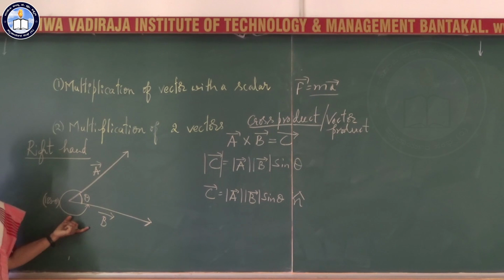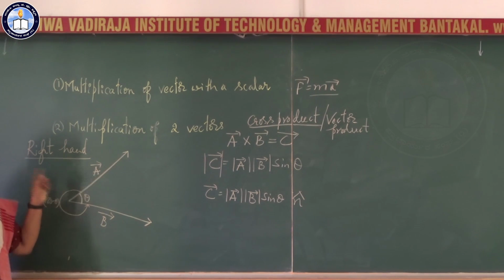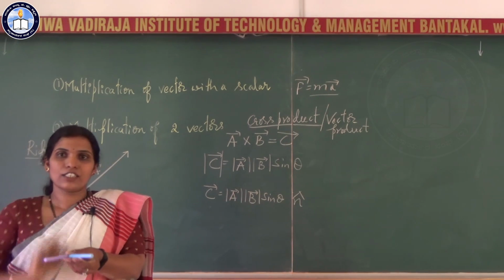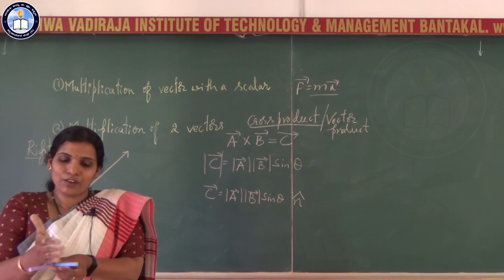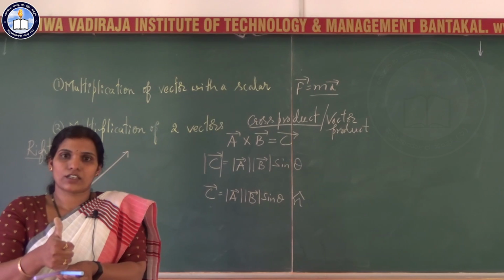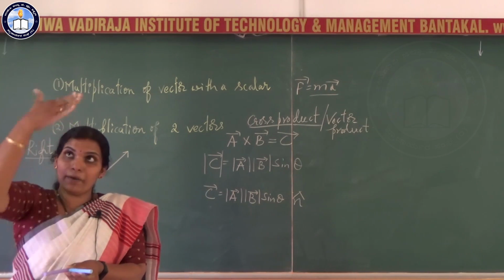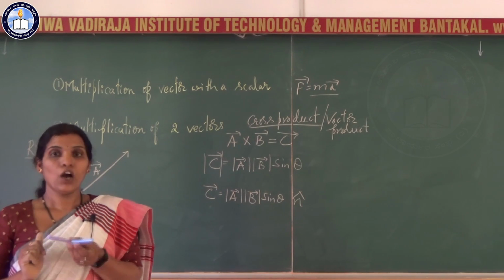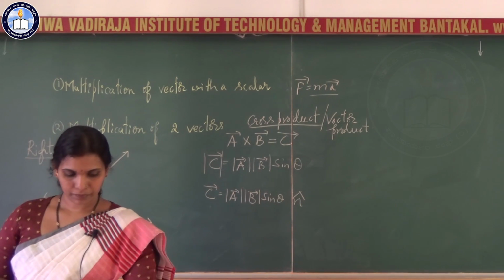This is very important concept. You will be using this repeatedly from here onwards. So, this is your A vector and this is your B vector. A vector cross B vector is your C vector. This is the direction. See, this plane is perpendicular to the plane containing two vectors. Okay. Now,